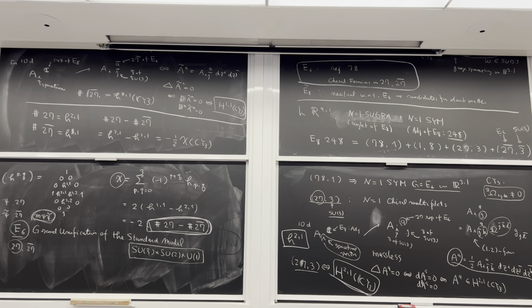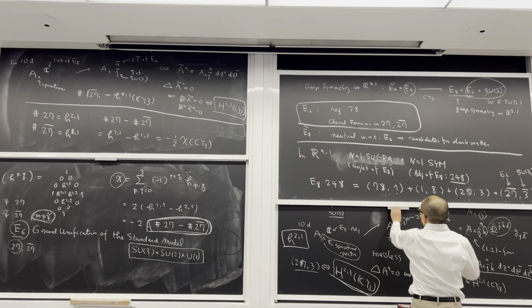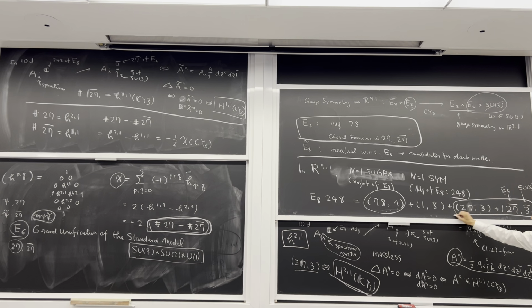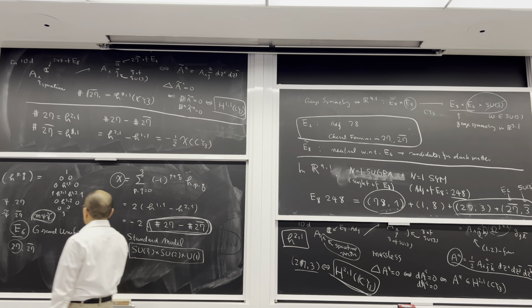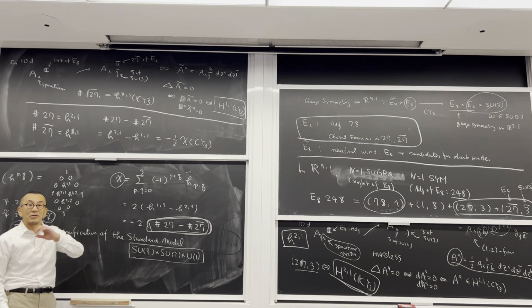Okay, so we have already explained two parts of this decomposition. This gives rise to the gauge field, and this gives rise to the matter content, which can be a candidate for quarks and leptons. Yes, we have a question. What is the symmetry breaking from this E6 to the standard model? Yeah, so this needs to be explained. For that I need to explain the symmetry breaking mechanism, which I will come to later.